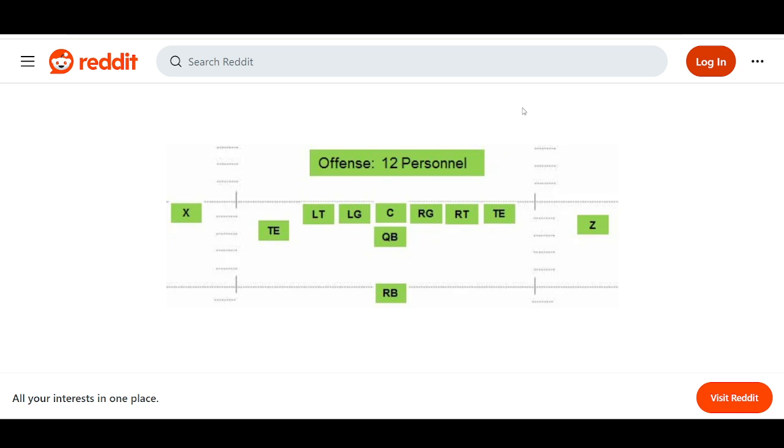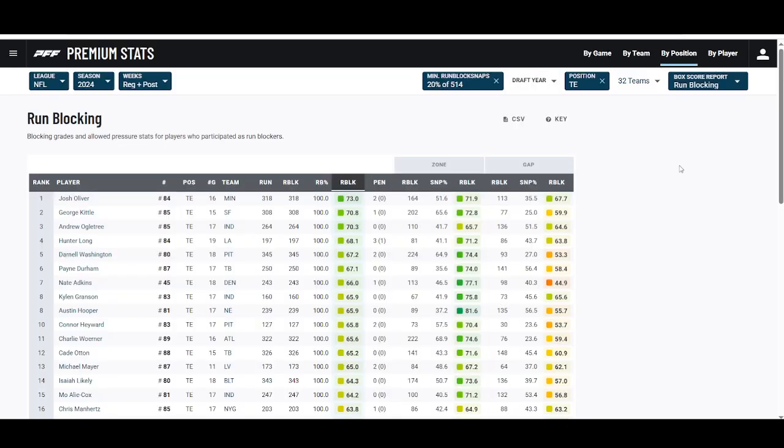In comparison, Adam Troutman last year played 197 run blocking snaps, and Darnell Washington played a whopping 345 run blocking snaps last year. The Steelers ran the ball, I think it was like 530 times or something crazy like that, and Darnell was out there blocking for a majority of those rushing reps, and he was the fifth best run blocking tight end